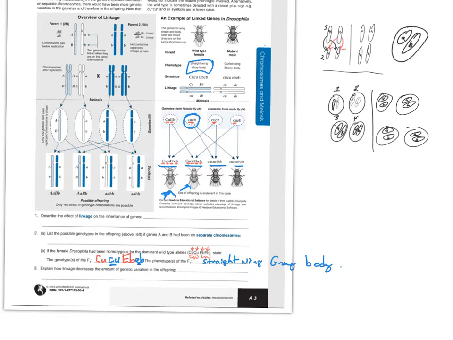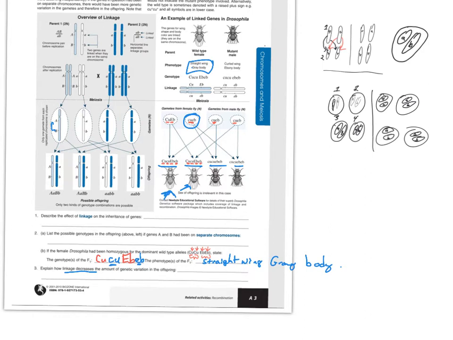So how does linkage decrease the amount of genetic variation you can have? It requires the two genes to move together. It's very difficult. It restricts the movement, the recombination of genes. The closer they are together, the more they're linked, and the less likely there's going to be crossing over between them as well. But linked genes, when they're on the same chromosome, are going to move together, which means it's more difficult to get